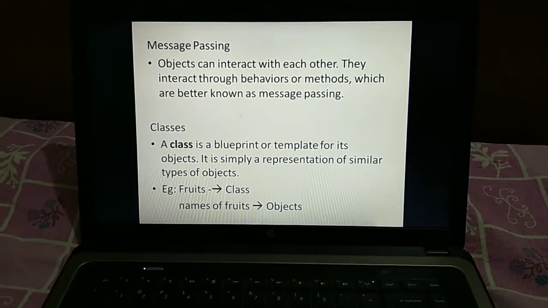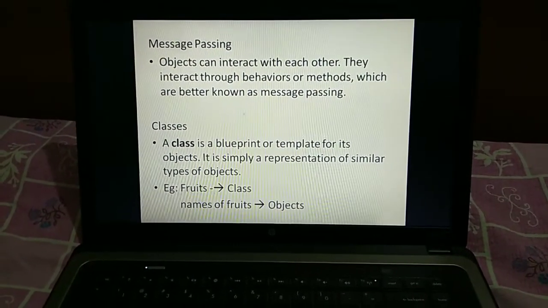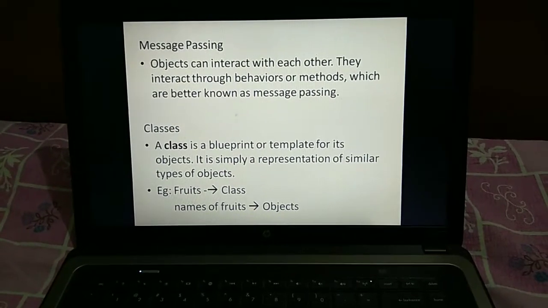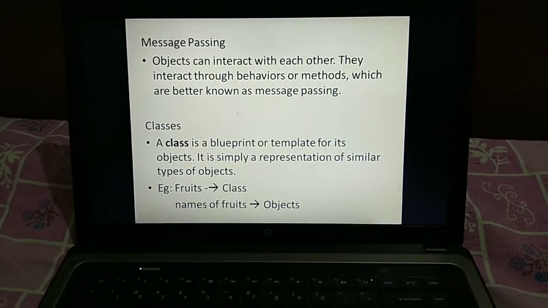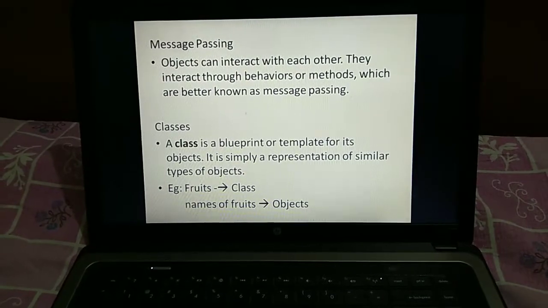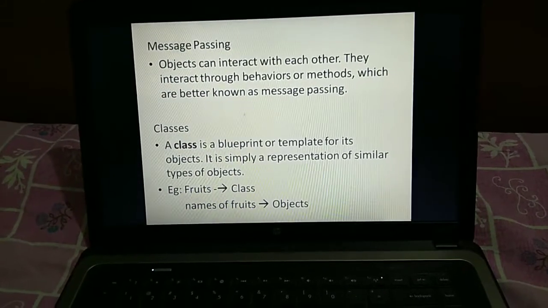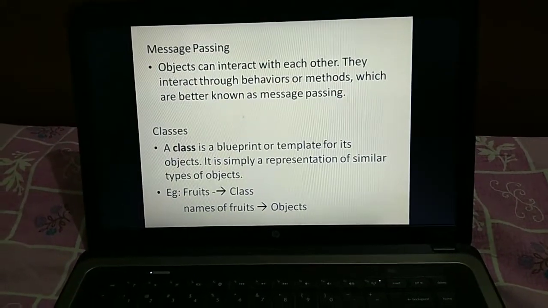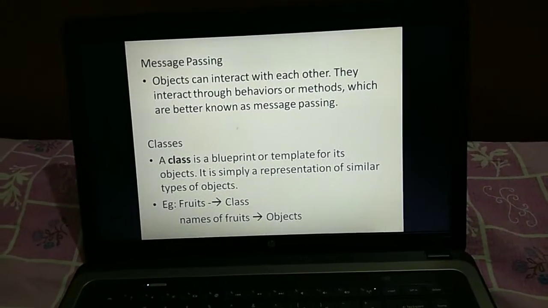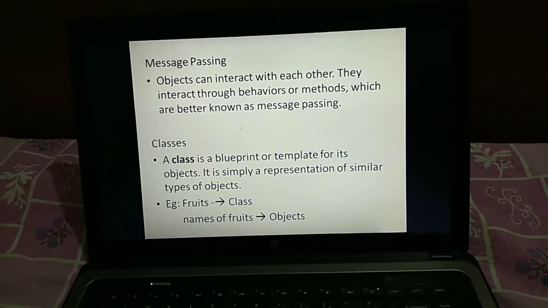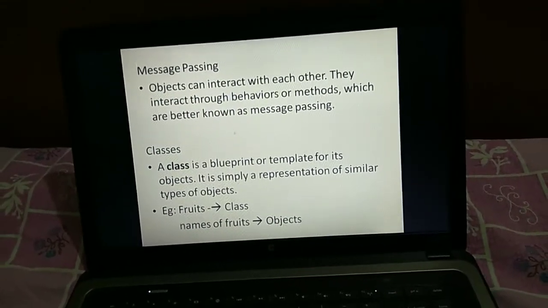For example, now you have all come to standard 10. Previously you learned this topic under standard 9, so I had taken the example of standard 9. Standard 9th is your class, wherein all you students are considered objects. Is it clear?